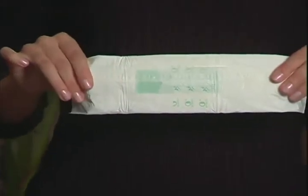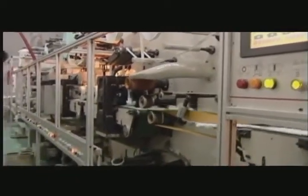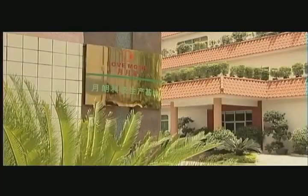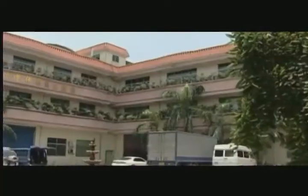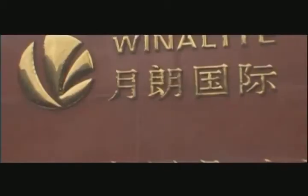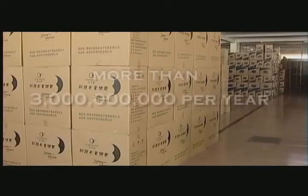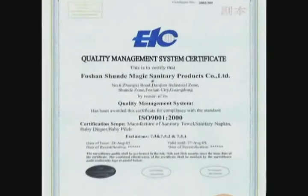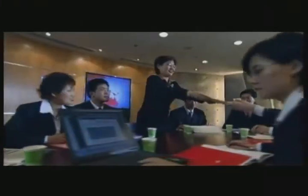All Love Moon products are made and packaged in a sterile environment, where production is stopped every 2 hours and everything is disinfected before continuing for another 2 hours. The cycle is repeated. With a state-of-the-art facility located in Guangdong Province, China, the 1 million square foot manufacturing wonder is able to produce and package over 3 billion napkins per year. Possessing an international certificate of quality, ISO 9001, has made it easier for the product to pass through the FDA